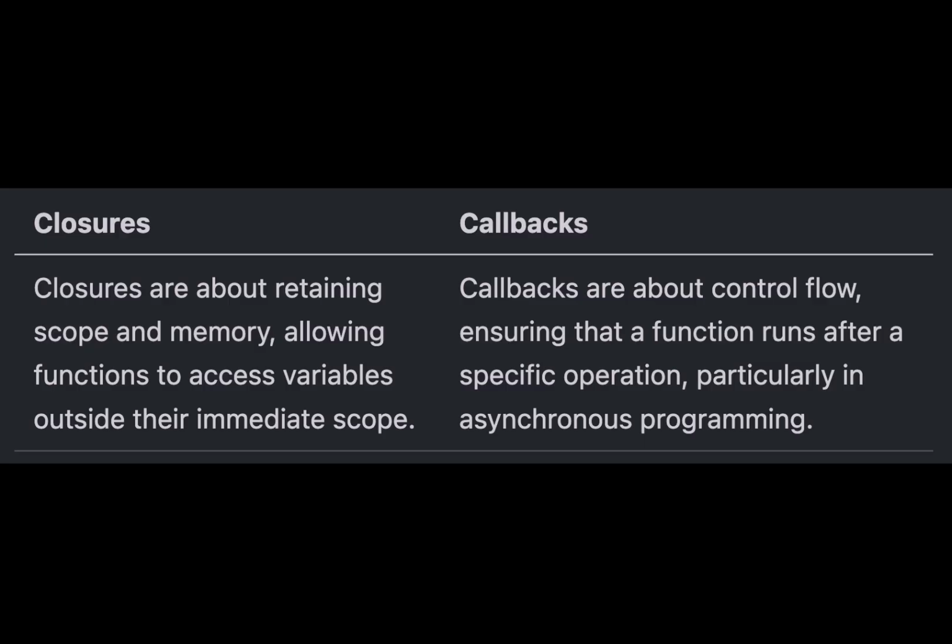So how do closures and callbacks differ? Closures are about retaining scope and memory, allowing functions to access variables outside their immediate scope. Whereas callbacks are about control flow, ensuring that a function runs after a specific operation, particularly in asynchronous programming. While both are fundamental to JavaScript, they serve different purposes. Closures are more about encapsulation and maintaining state, while callbacks help manage when functions should execute, especially in the context